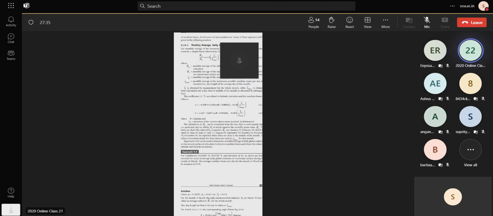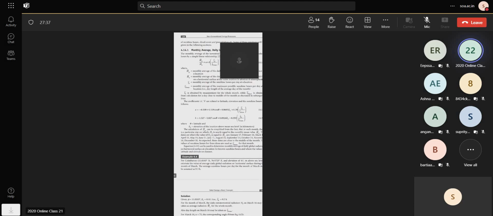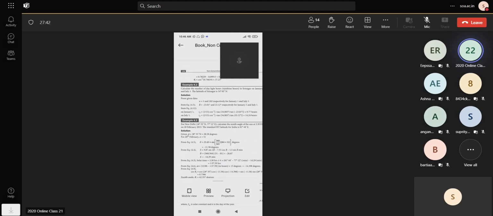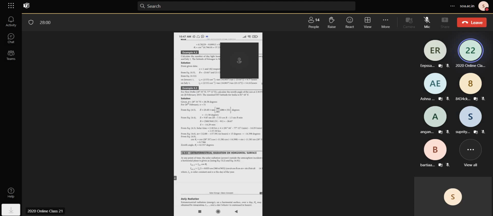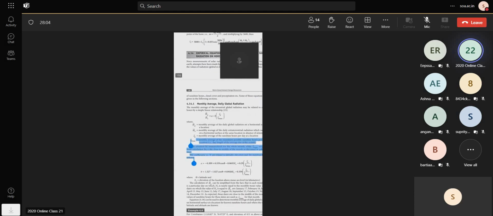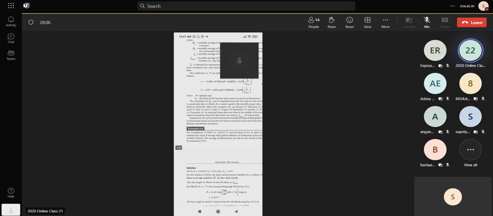ठीक है, तो टीडी मैक्स का क्या फॉर्मूला है मैं दिखा देता हूँ। टीडी मैक्स इज 2/15 कोसाइन इनवर्स माइनस tan फाई इंटू tan डेल्टा। ओके, और एक बार बोल रहा हूँ, 2/15 ये जो फॉर्मूला लिखा है, कोसाइन इनवर्स माइनस tan फाई इंटू tan डेल्टा। सो वी हैव टू कैलकुलेट फाई फर्स्ट।